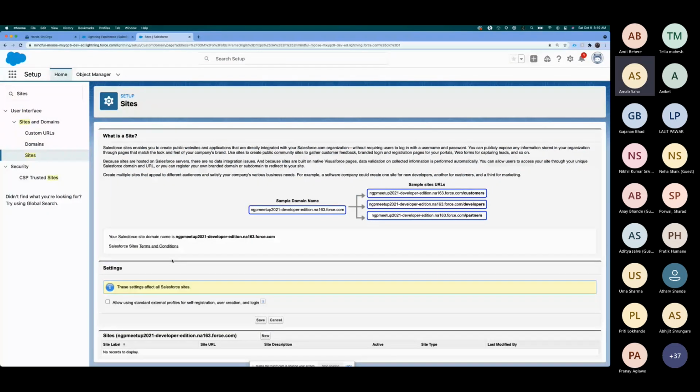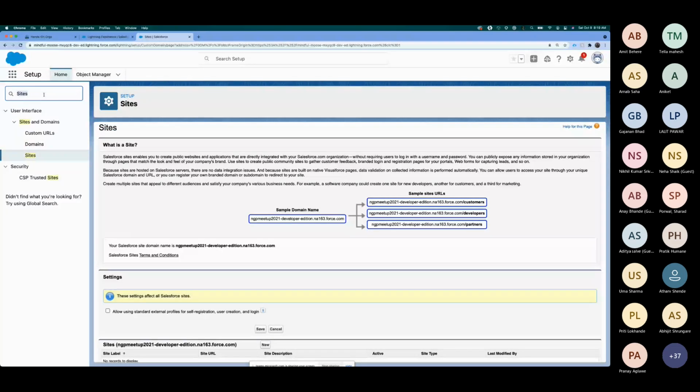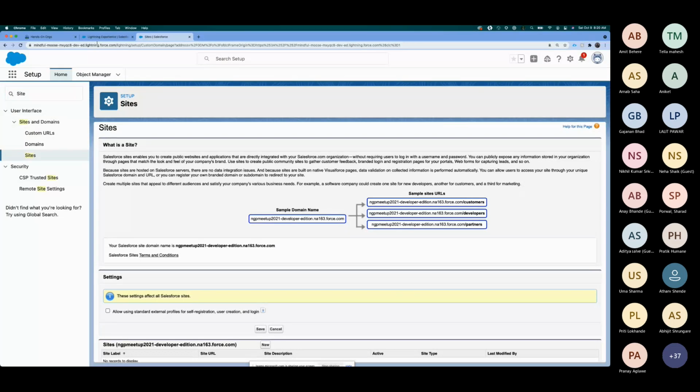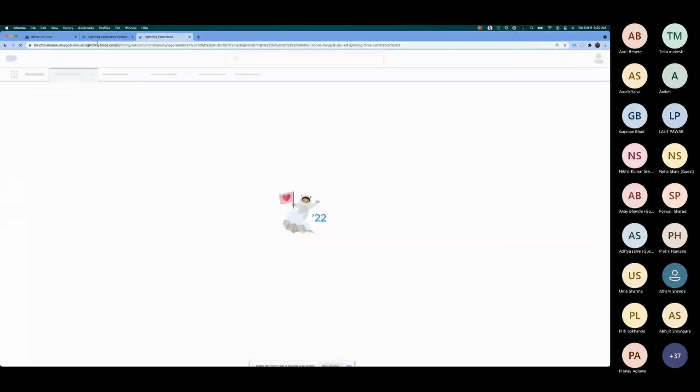Thank you. Okay. So you create a My Domain site first, and then once you go into Setup and Sites, you will see all sites. You just refresh the page, refresh the URL.